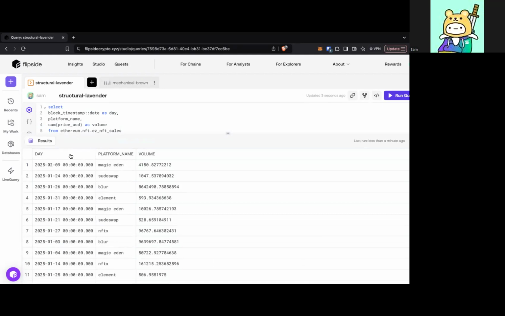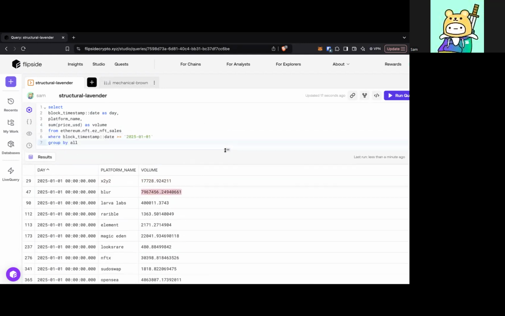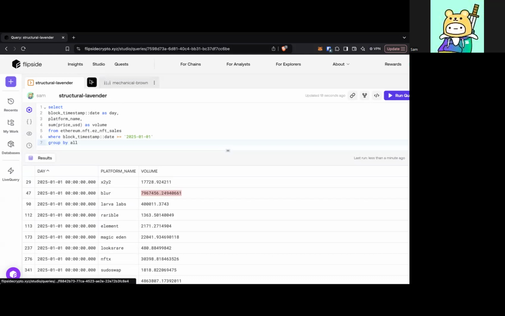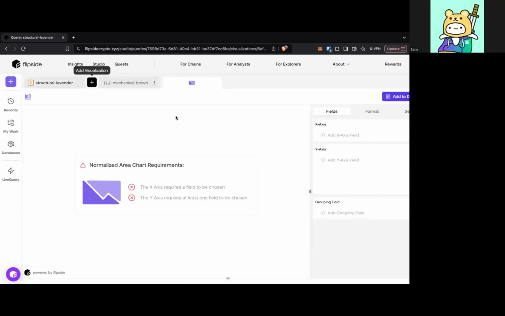And now we have for each day, what is the volume for each platform? For example, on January 1st, X2Y2 did this amount of volume in USD, right? Blur did a lot of volume, so on and so forth. And then when we want to do the visualizations, we can do an area graph. And an area graph would be